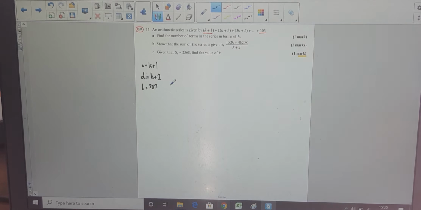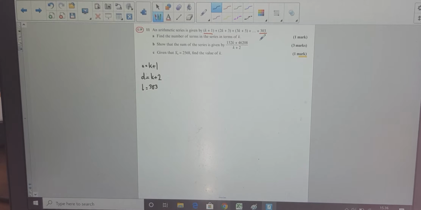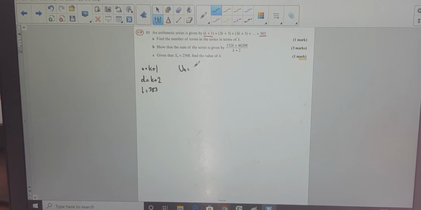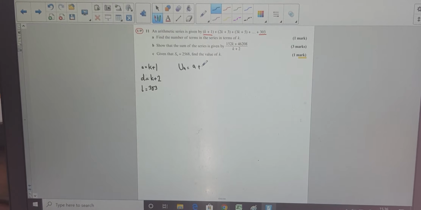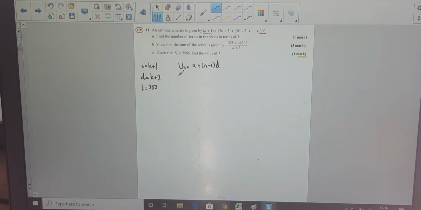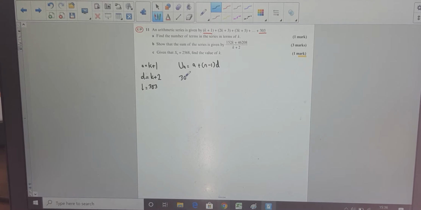Right, let's think about what they're saying now. Find the number of terms in the series in terms of k. So I'm going to use the formula: un, the term in my sequence, is equal to the first term a, add the position take away 1, times my difference. And just because they've given me the value of the last term, I might as well use that. So my nth term is 303 equals a, which is k add 1,